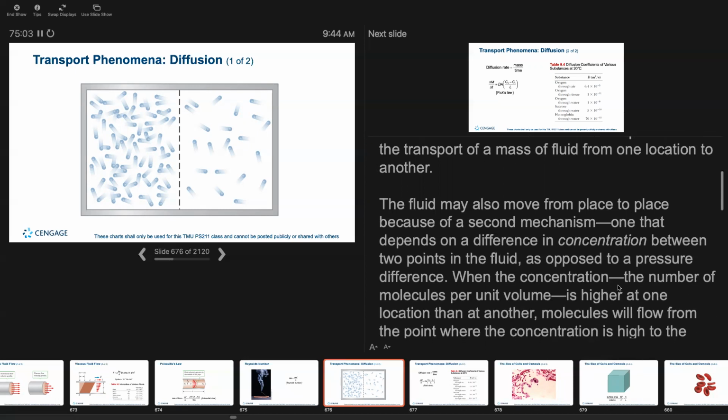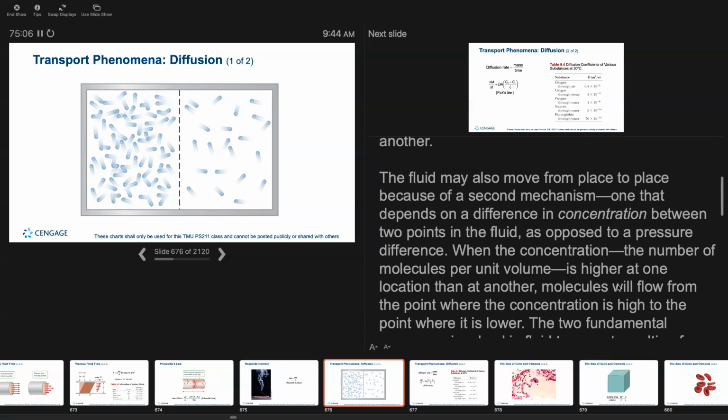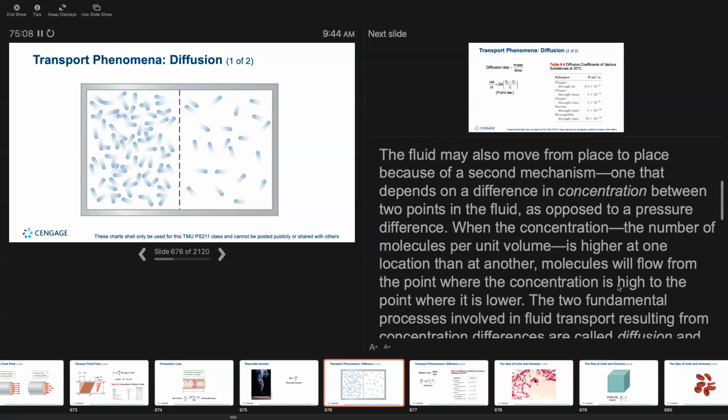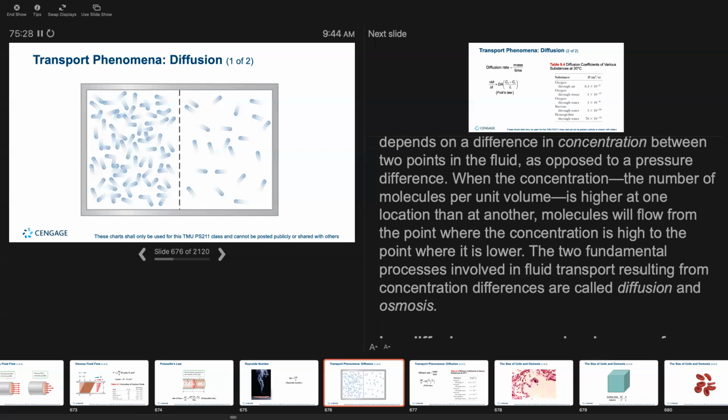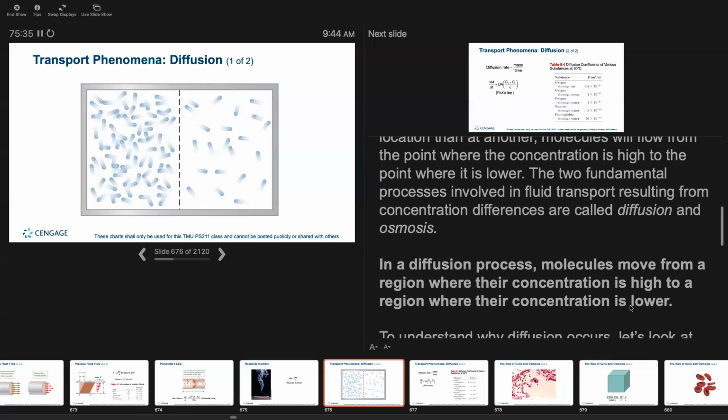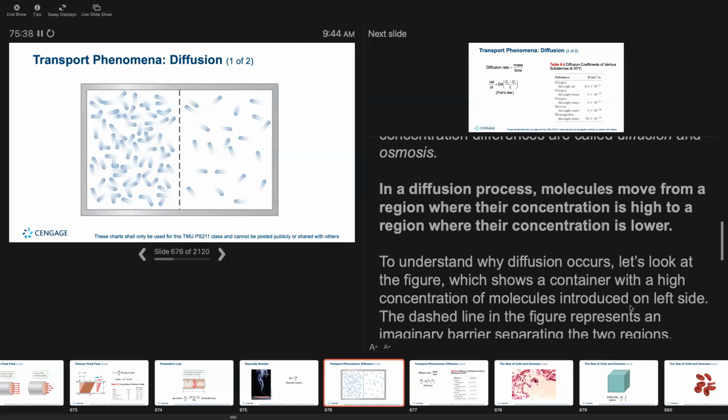The fluid may move from place to place because of a second mechanism, which depends on the difference in concentration between two points in the fluid, as opposed to pressure differences. When the concentration, that is the number of molecules per unit volume, is higher at one location than another, the molecules will flow from the point where the concentration is high to the point where it is low. The two fundamental processes involved in fluid transport that result from concentration differences are called diffusion and osmosis. In a diffusion process,